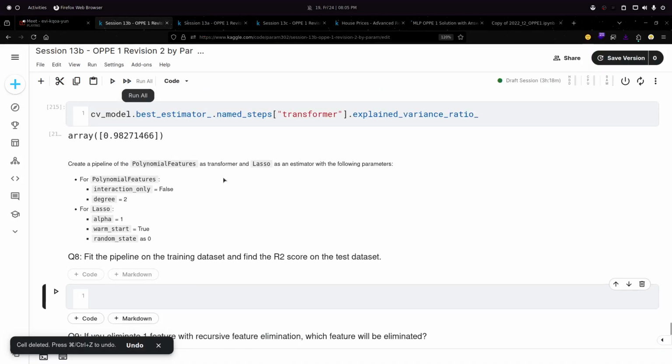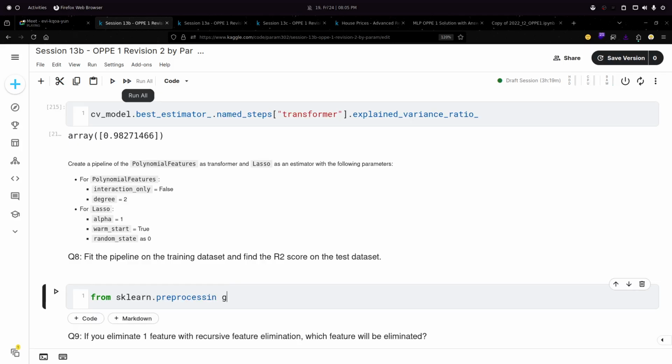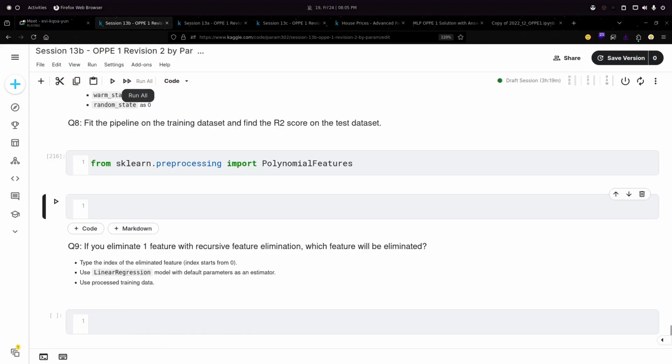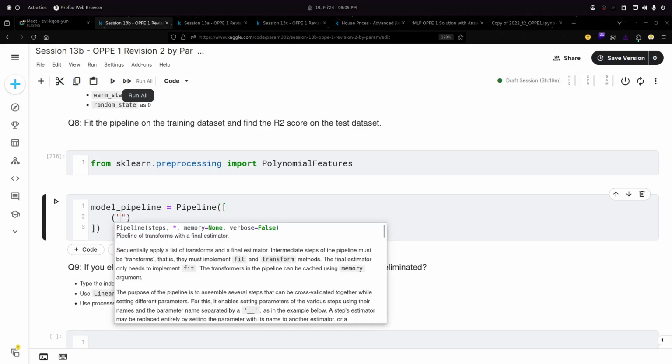All right, so it is asking for the polynomial features. Can anybody tell me how can I import the polynomial features? It is in preprocessing. So from preprocessing, import polynomial features, and we have to use lasso. Lasso is already imported. So let me create a pipeline. Model pipeline equals pipeline. I'm just doing it a little bit faster.